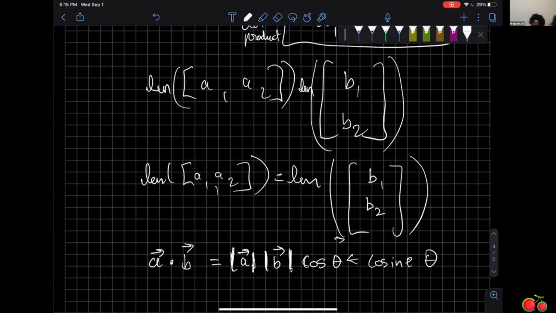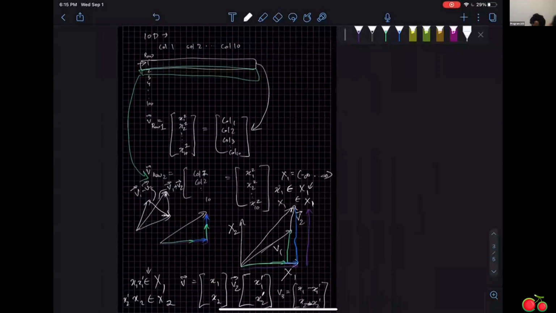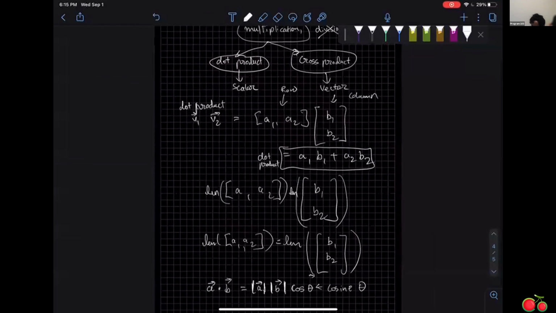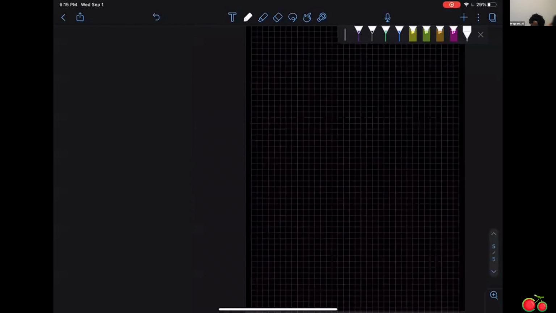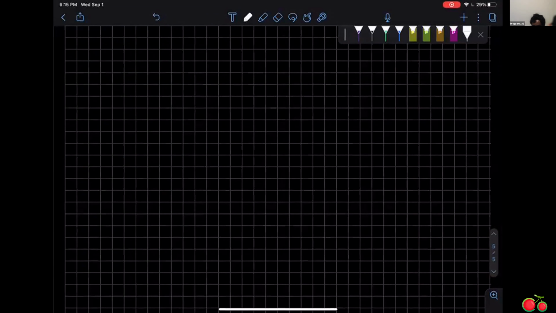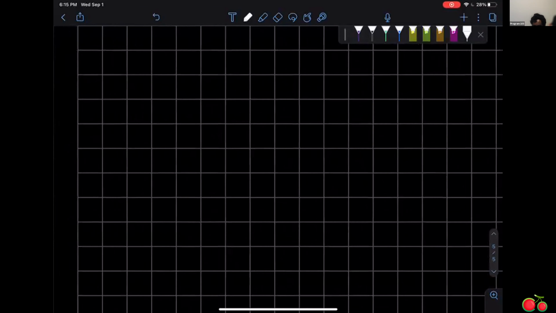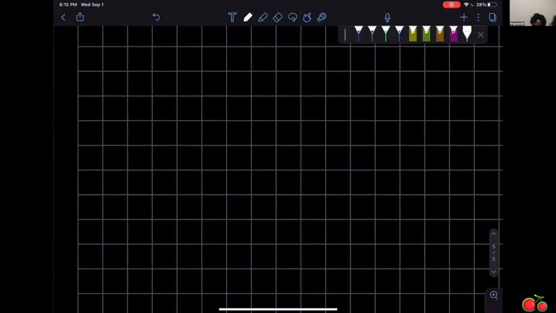Theta is the angle between the vectors. So the best way to visualize this, let me just do that again. So I got A dot B, which is equal to